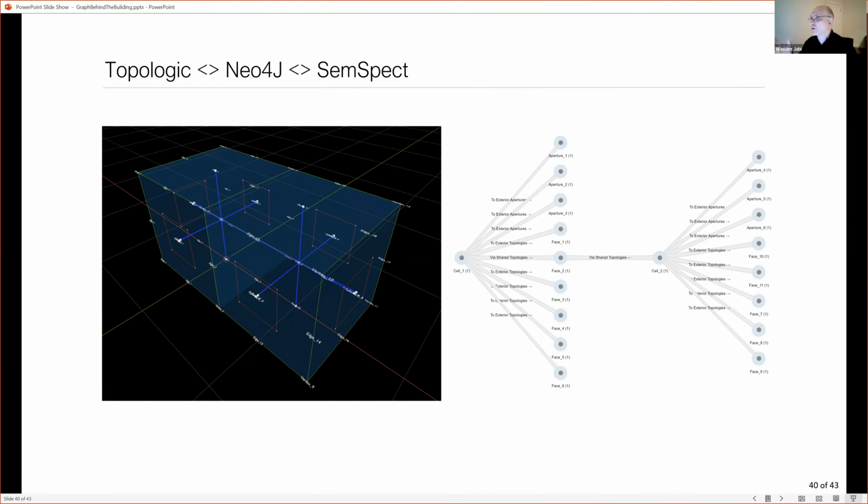To go from geometry to topology is straightforward because it's the DNA of it. But to say this node is going to become a well-formed rectangle of some sort, you need more information. We use machine learning and precedence to compensate for that. But what I was mentioning is that in order to drive topologic, we need an abstraction. We need a controller and we need a rig. And that is what I am proposing in this slide on the right side.